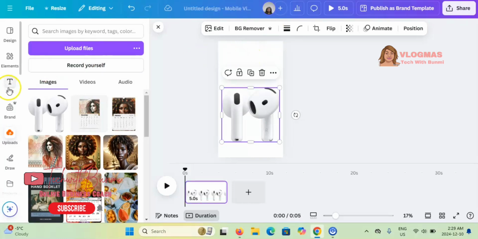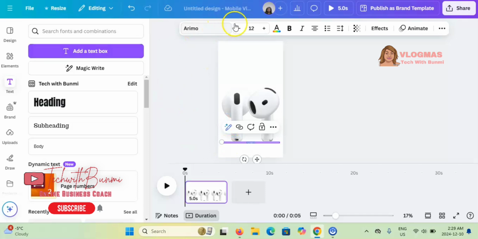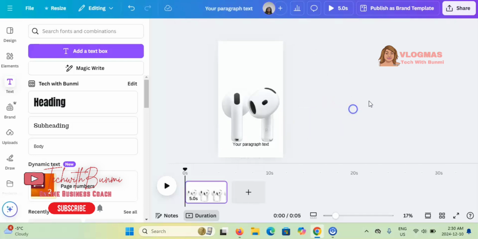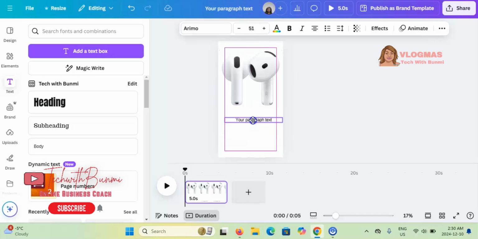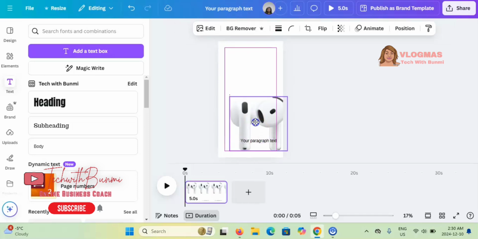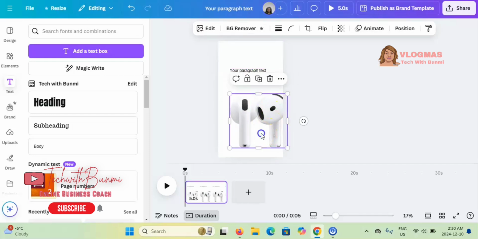I'll come to text message, add text in the box. Let's increase it. Then I put it like this and I put my text underneath, right? Or you put your picture here and then you put my text on top. Okay,